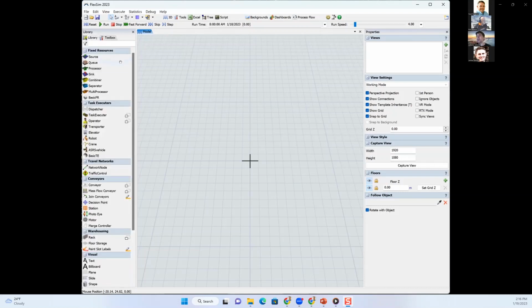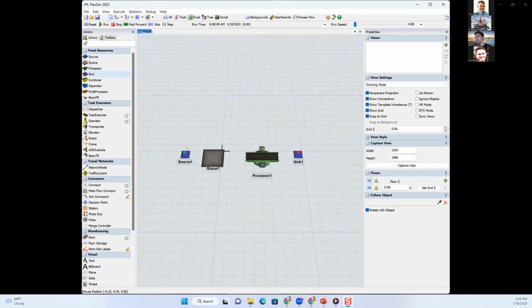So I'm going to start out with just the library, and give you an intro to the basic user interface of FlexSim. You drag objects out into your model, and I'm going to create a very simple model, what we call a post office model, which is just